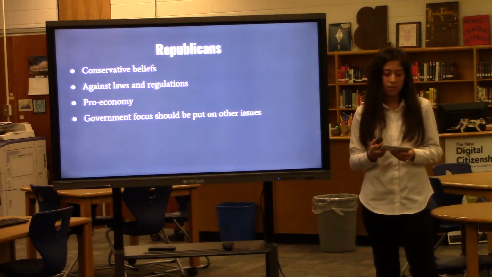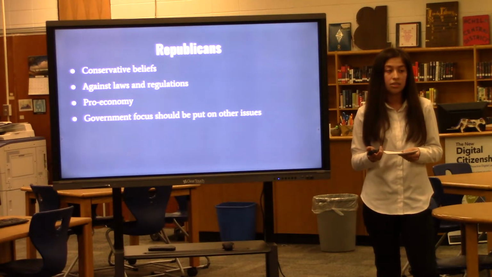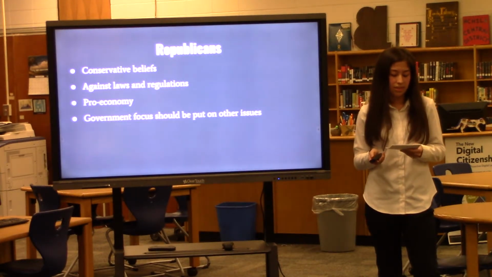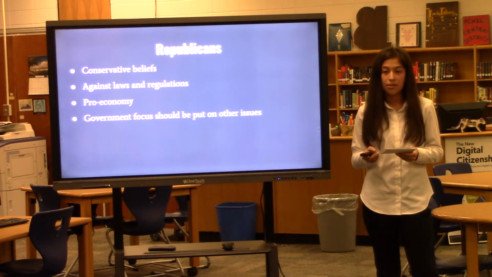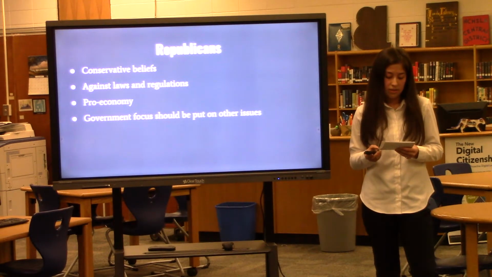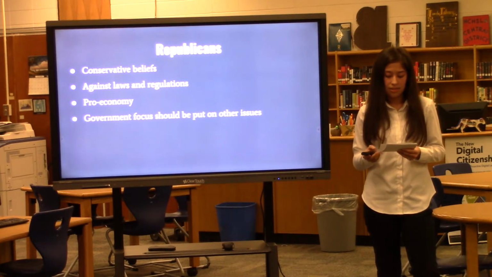Furthermore, into Republican or conservative beliefs, about 6 in 10 conservatives said in a survey conducted in 2016 by Pew Research Center that environmental laws hurt the economy. In another survey conducted by Pew Research Center, 23% of American adults said the country has gone too far in its efforts to protect the environment. Republicans believe defending the country from future terrorist attacks and strengthening the economy needs to be the main focus of